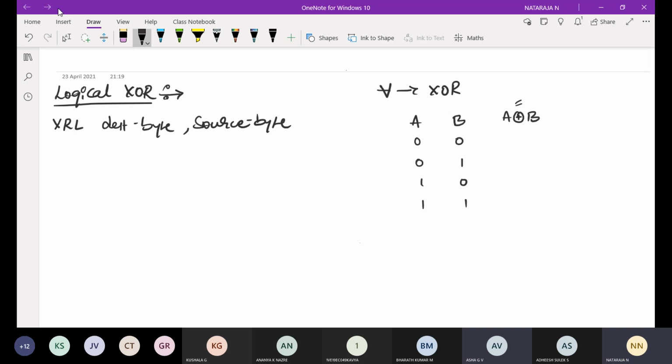Where is it written like that? I want proof for what you told, 0, 1, 1, 0. Is there any proof for this, or are you going to tell it blindly? In AND operation, is there no proof for this? Yes, sir. Can you tell me? Not only you, can anyone tell the proof behind this 0110?